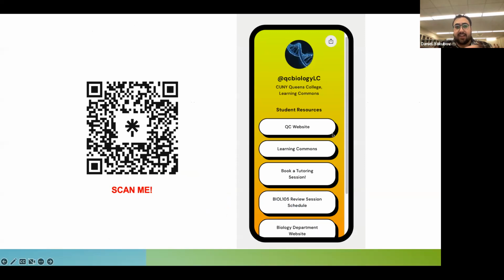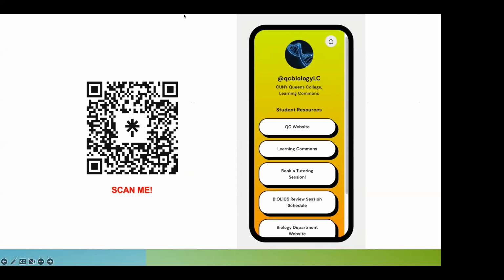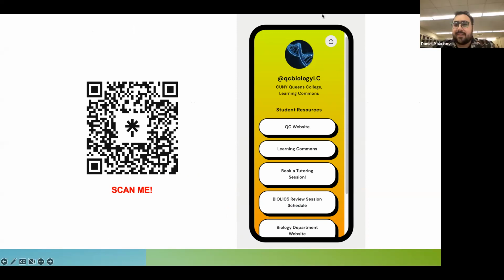And then the last slide here is for you guys to scan this QR code. So this is the last slide, and you can scan the QR code. It will take you to a link tree on your phone where we put little buttons that you can press to do all this, right? So the QC website, Learning Commons, and then if you look right here,